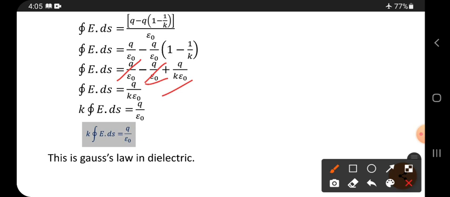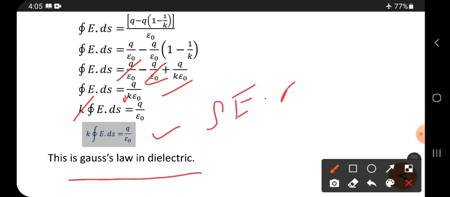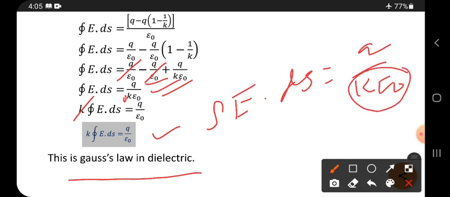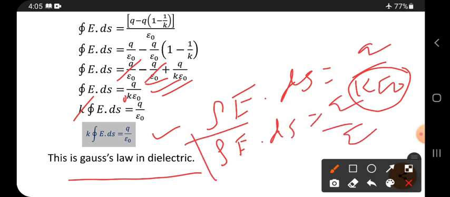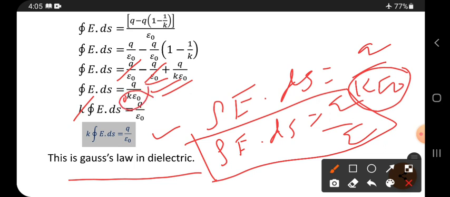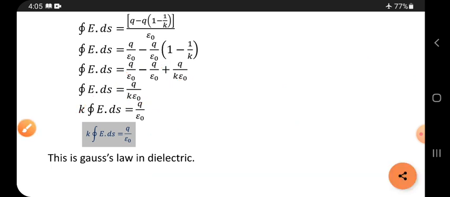So here we bring the K term to this side. This is the Gauss law in dielectric. We can also write it like this: integration of E dot ds is equal to q by K epsilon naught. In the place of K epsilon naught, we can substitute epsilon, giving q by epsilon. This is also Gauss law in dielectric. So K epsilon naught is there; if we substitute epsilon in place of that, that is Gauss law. Okay friends,